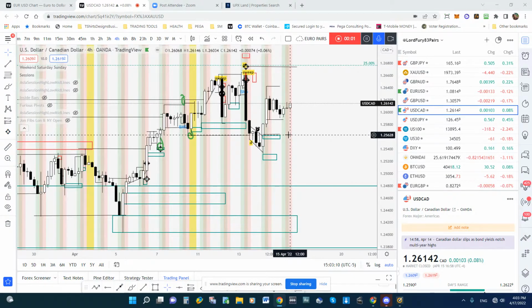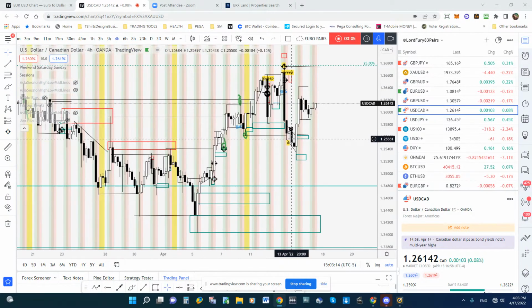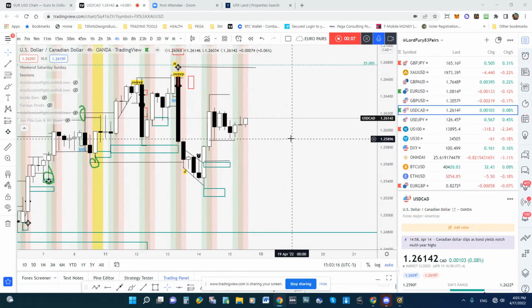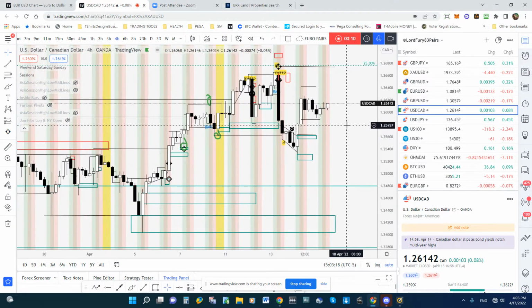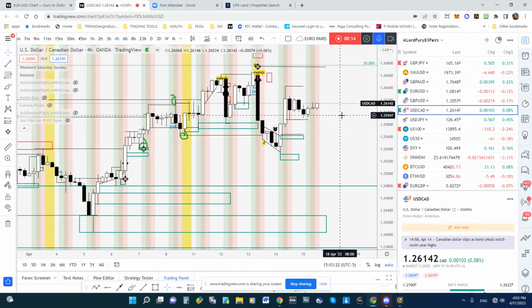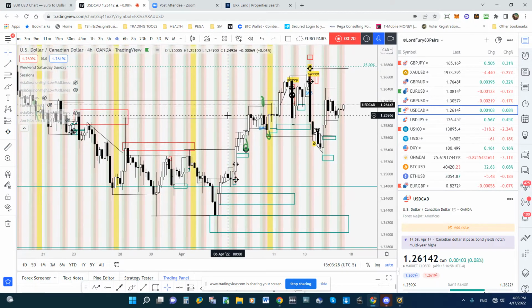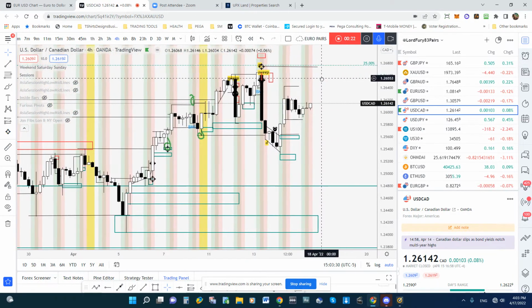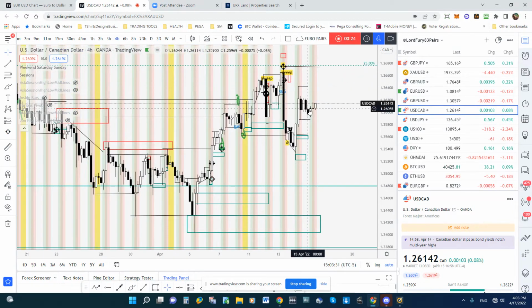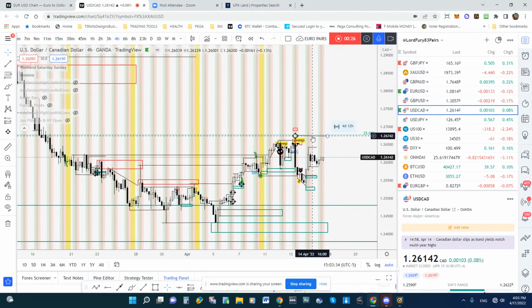Hello, traders. Just wanted to come out here and give you a quick PA breakdown on USDCAD. I know a lot of you had one-on-ones this weekend, so it might be a repeat of what we've talked about, but it's okay. It's always nice to see a slow breakdown, top down, to know what's going on and to solidify the strategy.